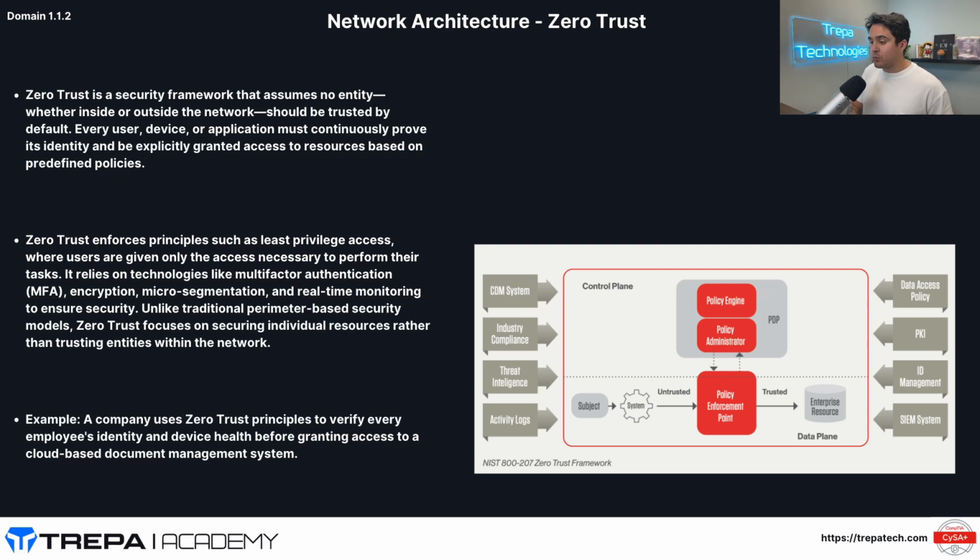So that's the 3 core principles, just to reiterate. Verify explicitly. Never trust, always verify is how I've heard it. So never trust, always verify. Least privilege access, so principle of least privilege. And always assume breach. Some other key components that I spend a lot of time on of zero trust network